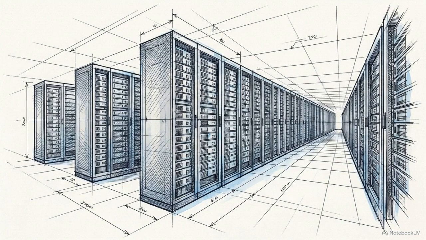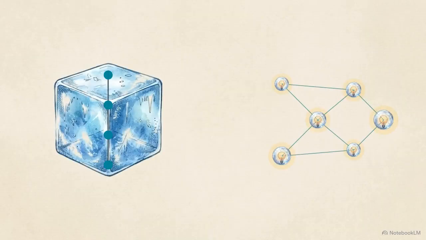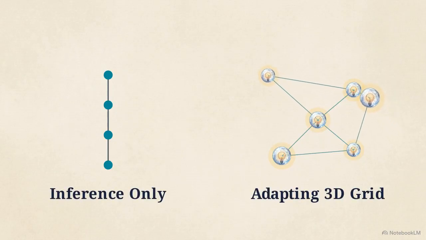A model is trained on a massive data center cluster, compressed, and deployed as a static inference graph. Once it reaches the consumer device, it is a frozen brain. It cannot learn new behaviors without a centralized retraining phase. Loom uses neural target propagation to unfreeze the model. A static inference graph sits beside an actively adapting 3D grid.